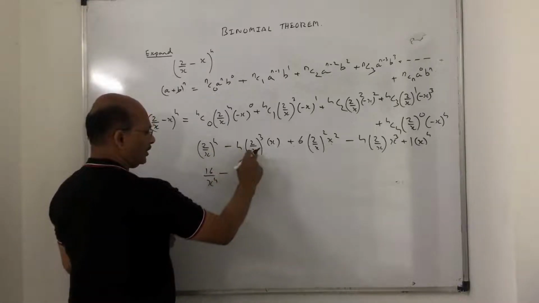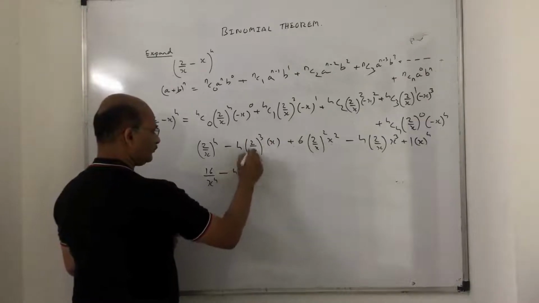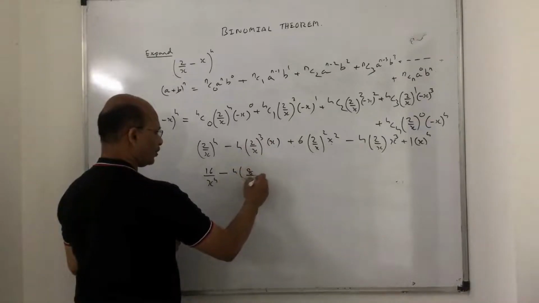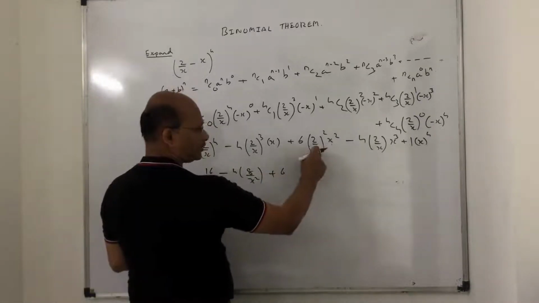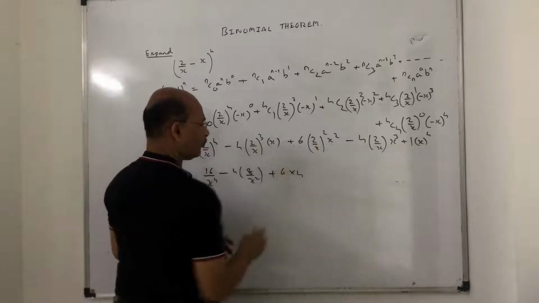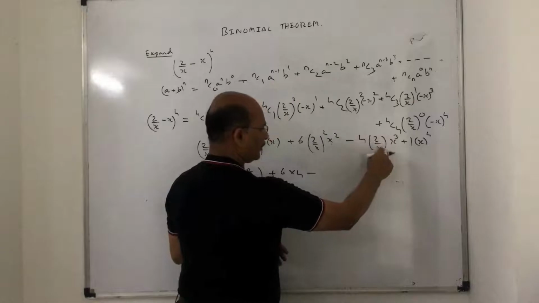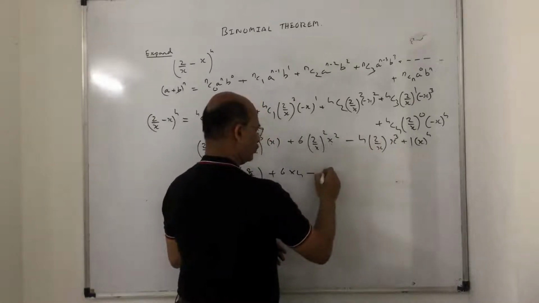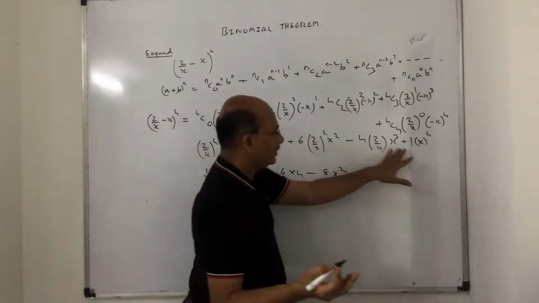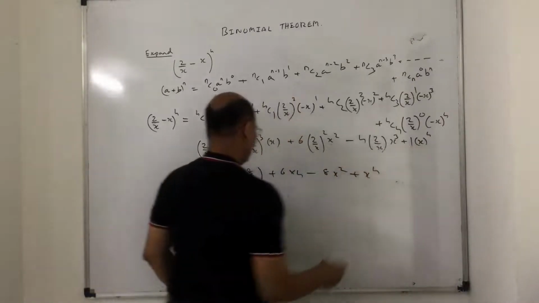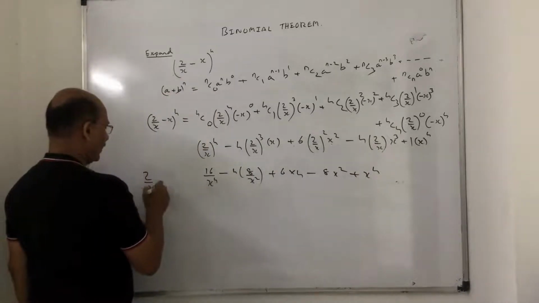Minus, hold on. This is x cubed, so 1 x gets cancelled. So it will become 4 into 2, 8. 8 upon x square. Plus, what will happen here? 6. Remember x square gets cancelled. So 6 into 4 will be 24. Minus 4. Now 2 upon x, so it is 2x square, so 4 to the 8x square. Simplification, which you know already how to do it, and plus x raised to 4. So now that's the way you deal with it, and this is the expansion of 2 upon x minus x